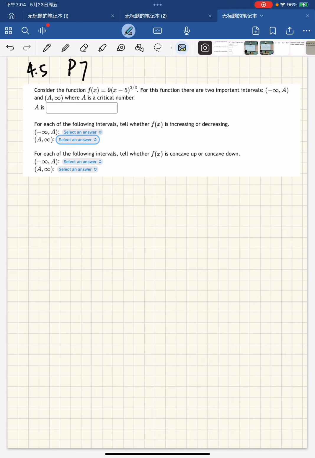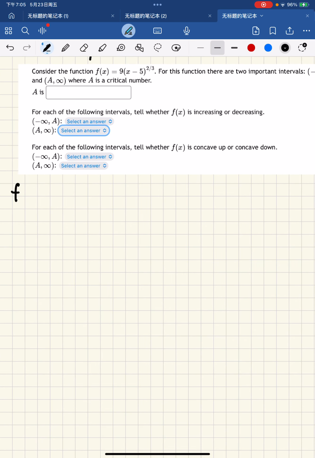So first of all, we need to find the critical point, which is A. When x equals A, that will be the critical point. So to find the critical point, we need to use the first derivative. So first of all, we need to find the derivative of f(x), that will equal to